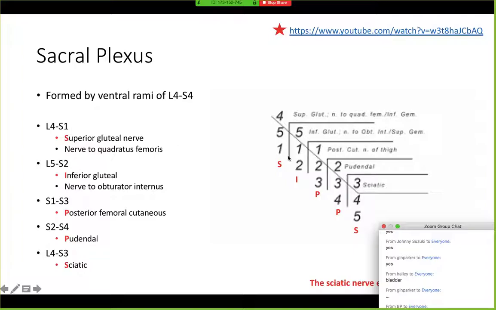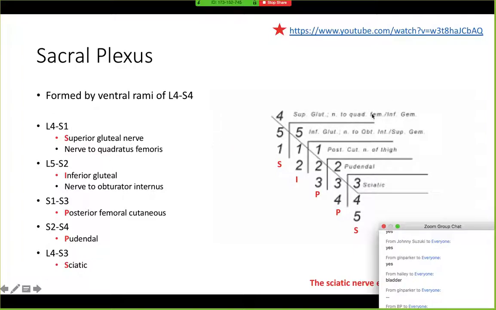And then you're going to draw on these lines. So you're going to box it off. All right? And then for the names of the nerves, the mnemonic is SIPS. So you'll start up here. So L4 to S1, so 4, 5, 1 are the nerve roots for the superior gluteal nerve, the nerve to